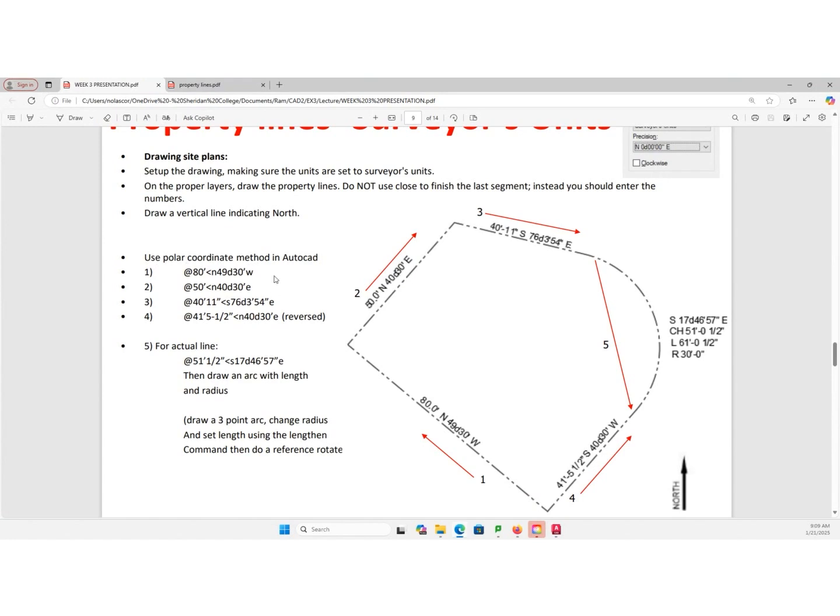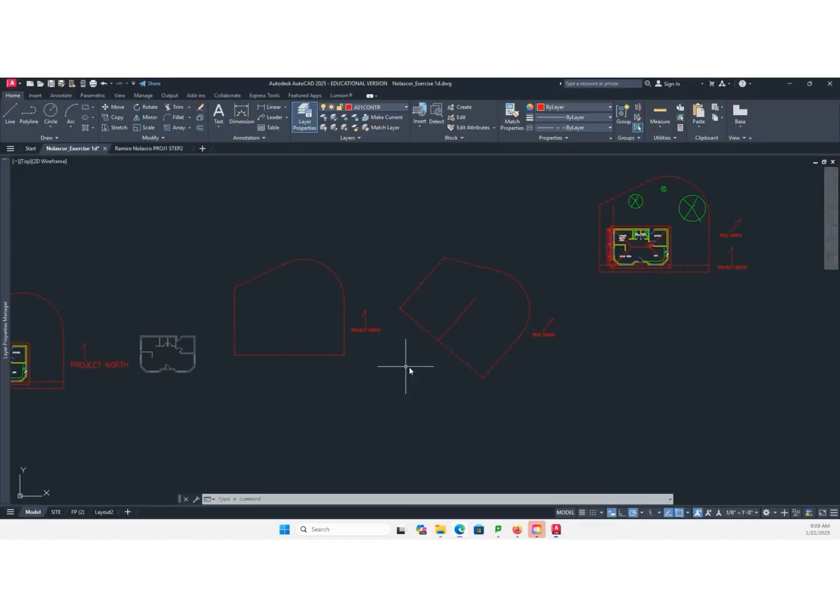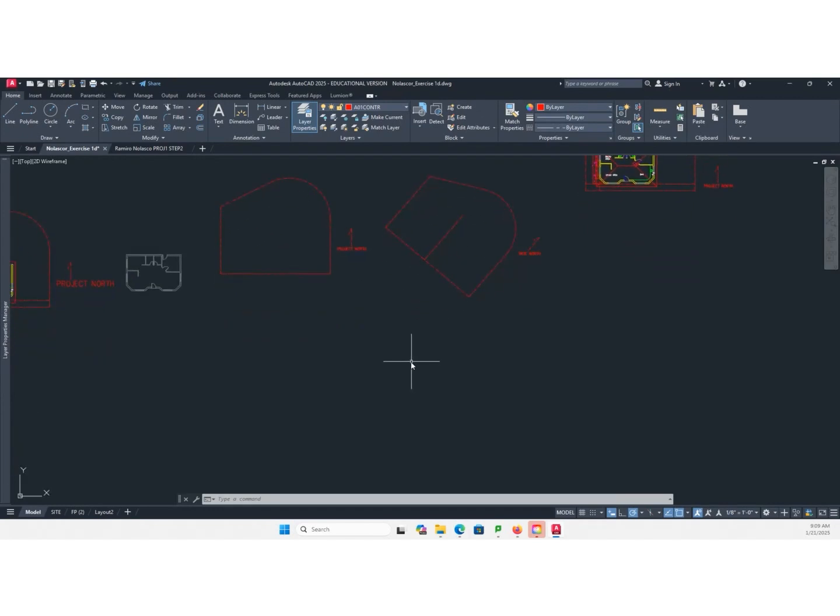Okay, so we start from here. Line 1 is 80 feet. Okay, so we're going to do that. You start the line command. L is the shortcut key for line. Click. That's your first point. And then you say at.